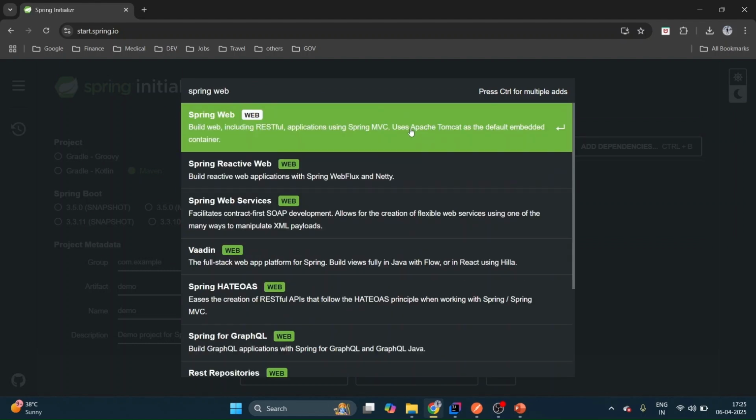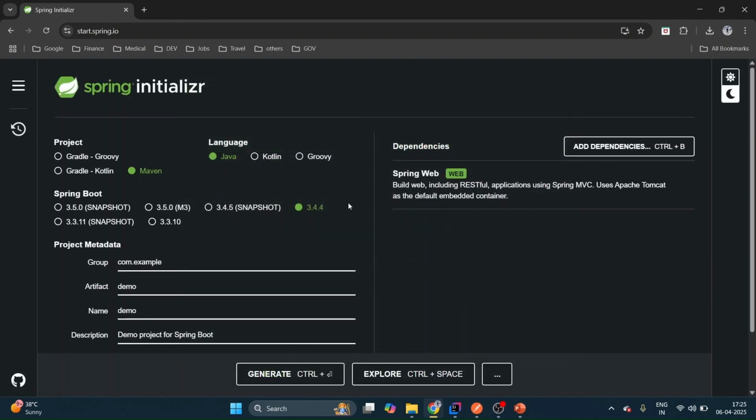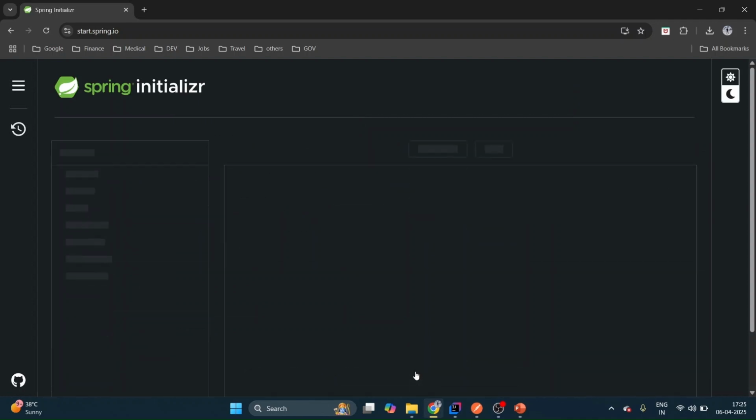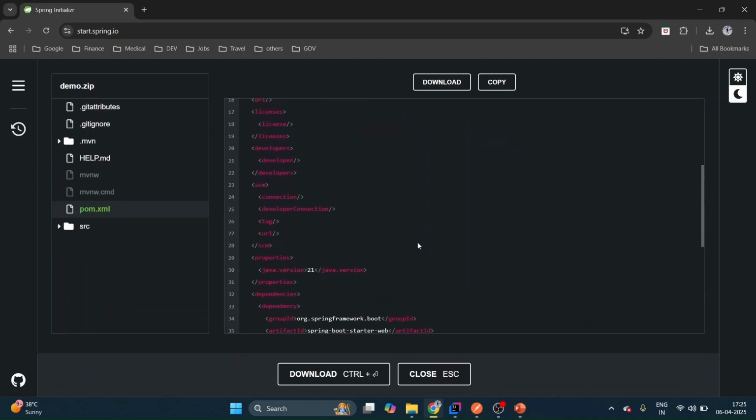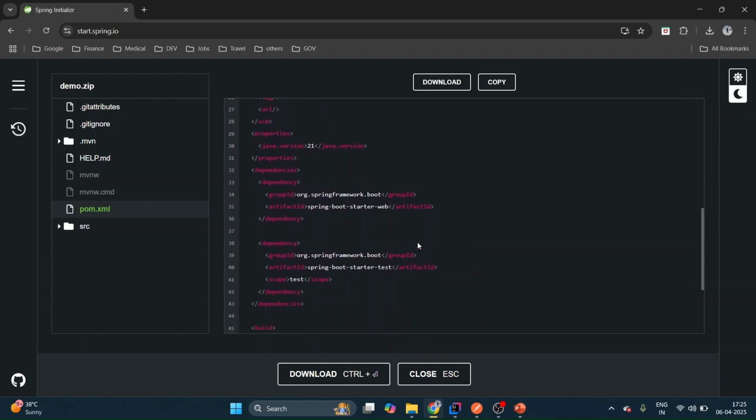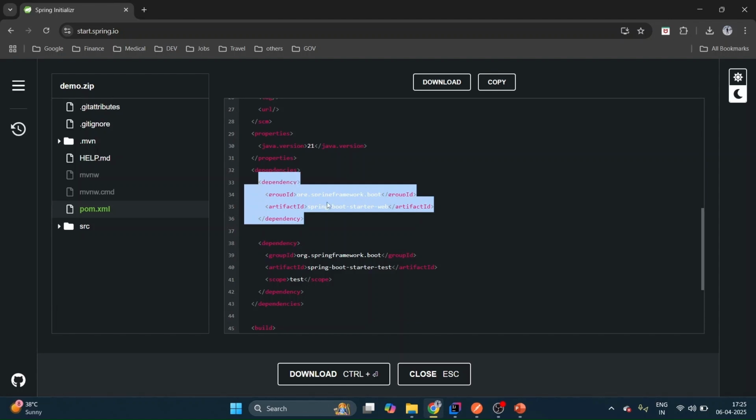You can see we have a first option over here, Spring Web. Click on it. Okay, now go to the Explore. Okay, scroll down. So you can see in the dependency section, we can find the Spring Web, Spring Boot Starter Web dependency. So let's copy this dependency from here